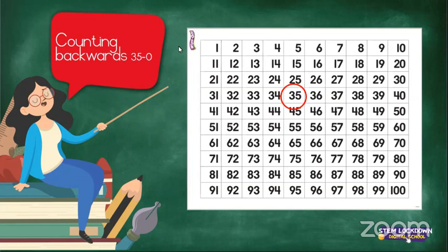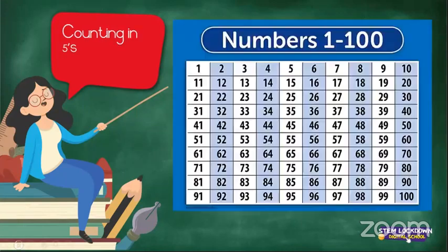Let's go. Good. Well done, Buchle. Excellent. Well done. And you went nice and slowly. That's great. Good. Well done. Right, boys and girls, let's count together as a class. We're going to count in fives. But let's see if we can go to 60. I know we only need to go up to 50, but let's see if we can go to 60. I'm sure you can. Let's try.